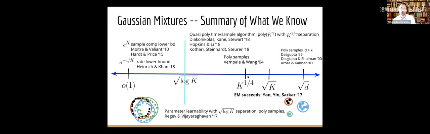So if I give you KD samples, I know that the problem here is solvable. I know that the problem all the way down to here is solvable from a statistical perspective, but I don't know how I could do that with polynomial computation. Whereas if you give me more samples here, if you give me k to the 4th samples, then I could apply one of these results. So I think these are really interesting. Yes, this gap between statistics and computation is really interesting.